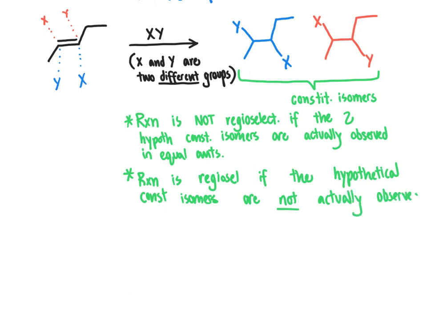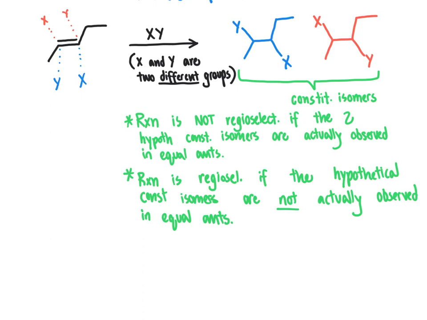So this means that the reaction selected to make one product over the other. And this is a term, regioselective, that comes up with regard to describing a lot of different types of molecules. So it's really important that you get the terminology down here of what we're referring to when we say that a reaction is regioselective. It's referring to a situation where the hypothetical product mixture that we could form, meaning if